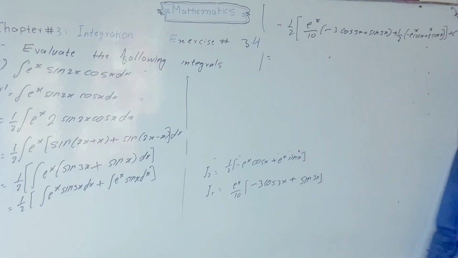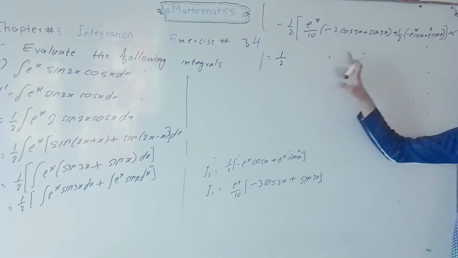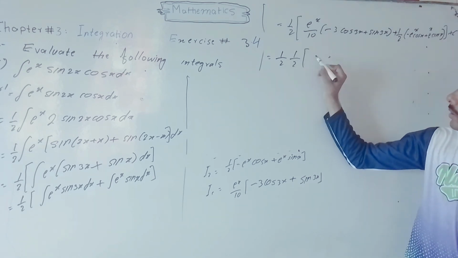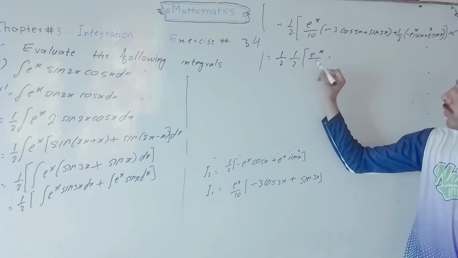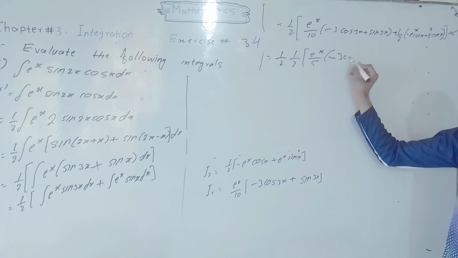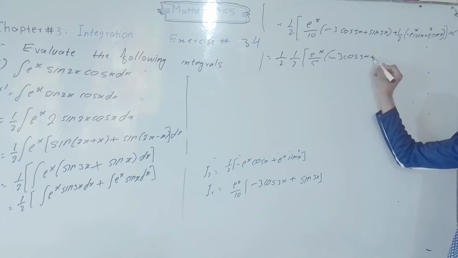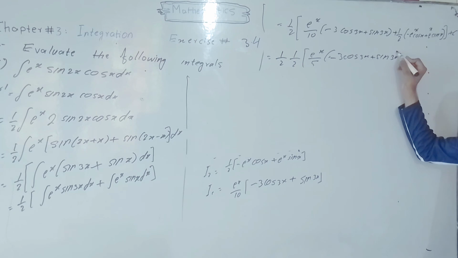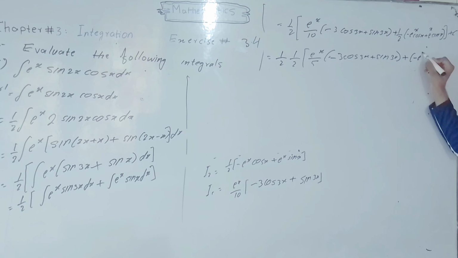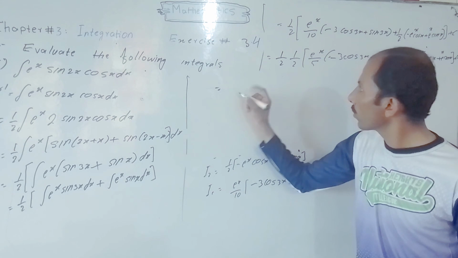Taking 1 divided by 2 common: e power x divided by 10, into minus 3 cos 3x plus sin 3x, plus minus e power x cos x plus e power x sin x, plus c,